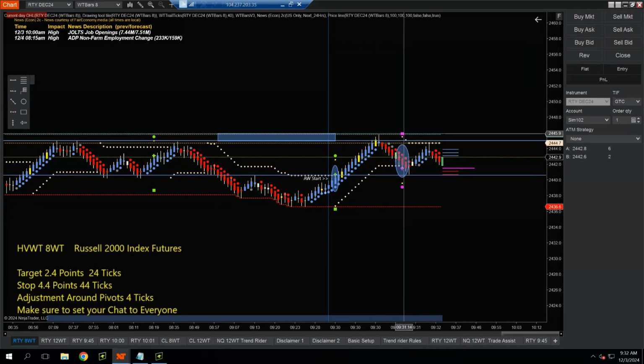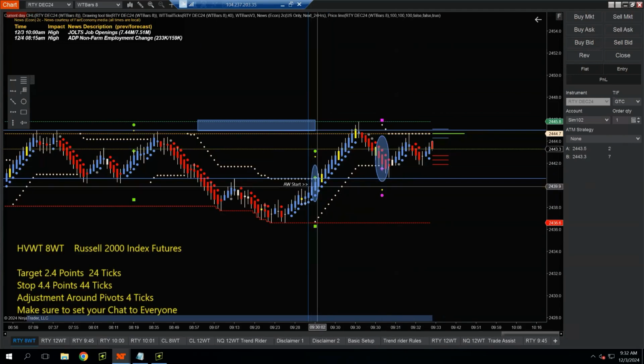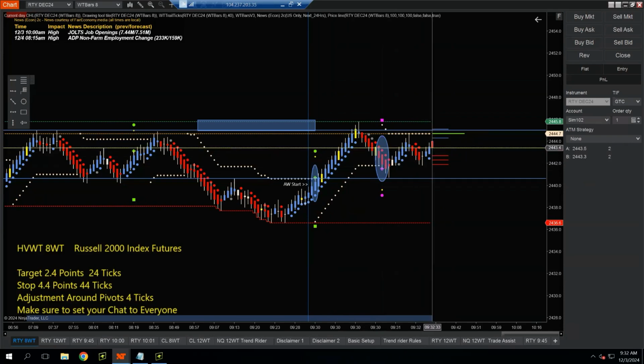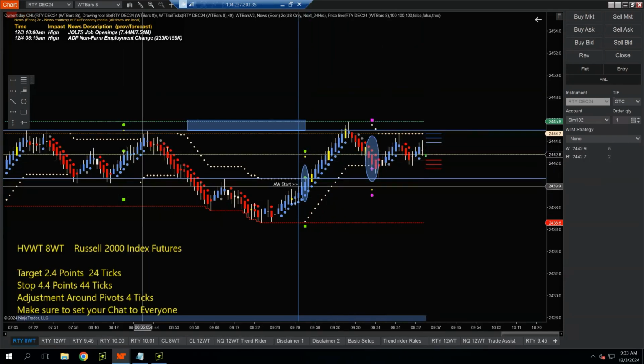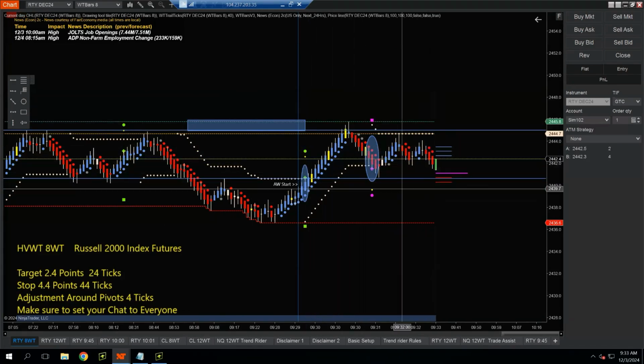That stop is parked just above the session high. I would consider moving that up a little bit higher than the session high. It's right up like a tick or two above it. And like I said, that's the second active setup from the 930 start. It would be the 931 trade, taking a little bit of heat right now. And at this point, still staying in this zone that we've had overnight. Price really didn't break out, obviously, to the upside here on our first trade. On the short, looking to get to money management,